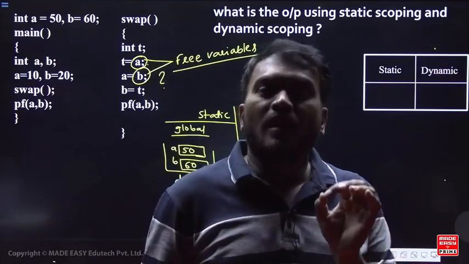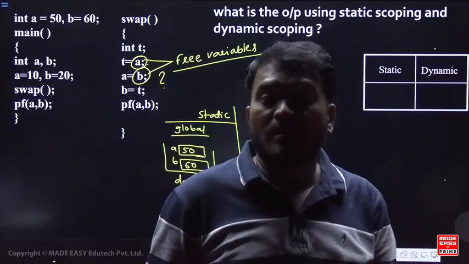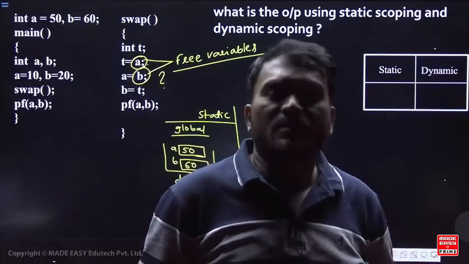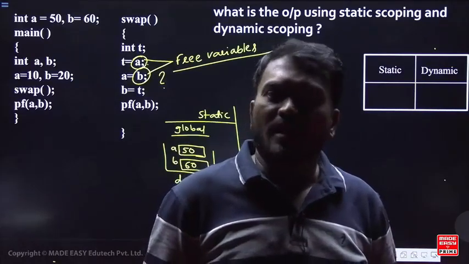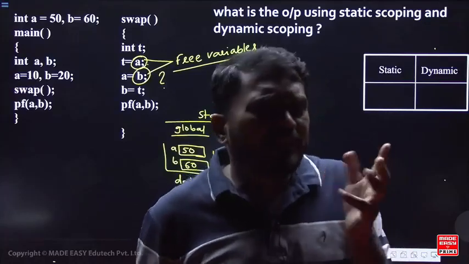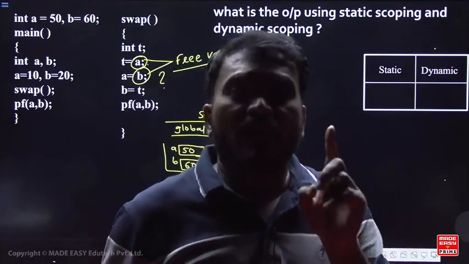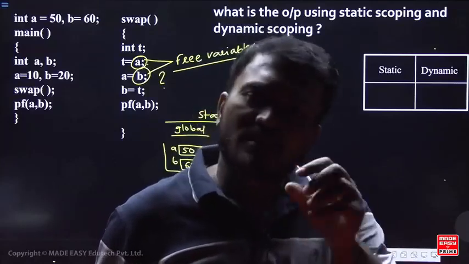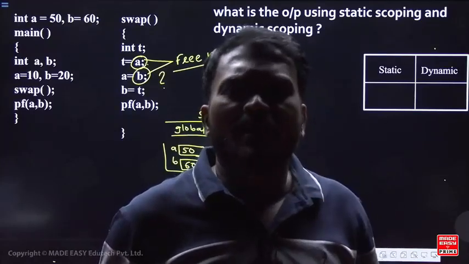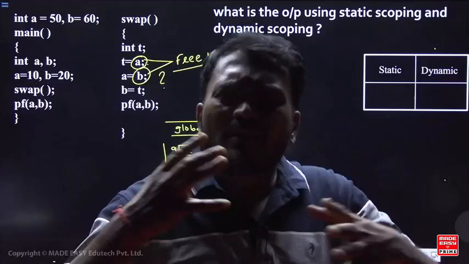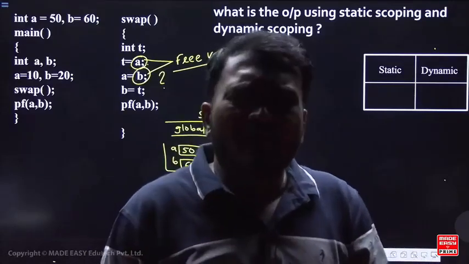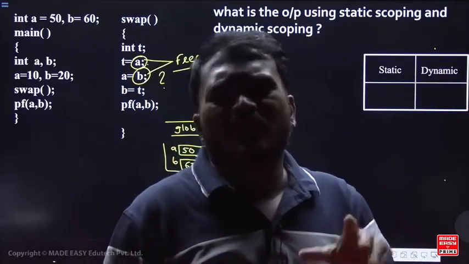Listen here. C language by default follows static scoping only. Is that clear? In the question he has not given static scoping or dynamic scoping. By default, which one do you have to consider? Static scoping only. Why? Because after so much research, Dennis Ritchie decided that dynamic scoping